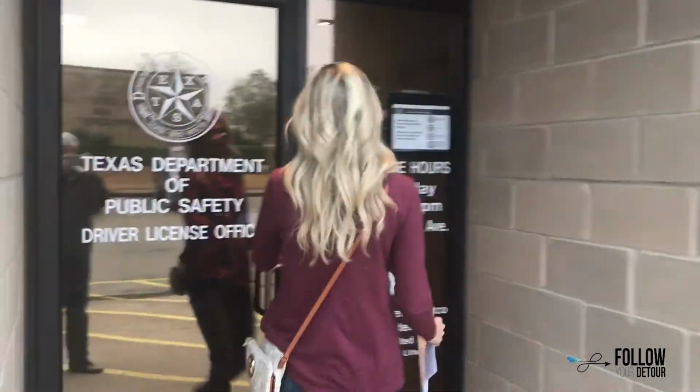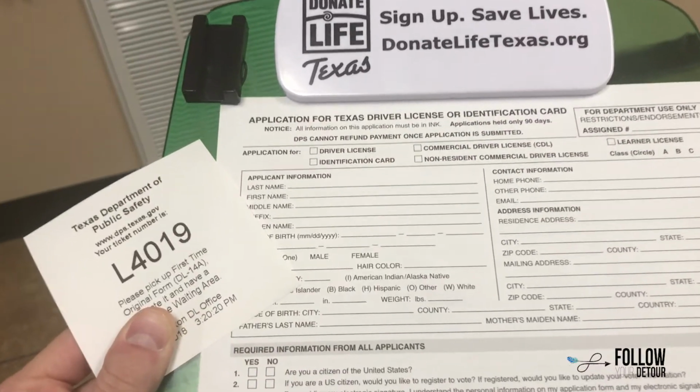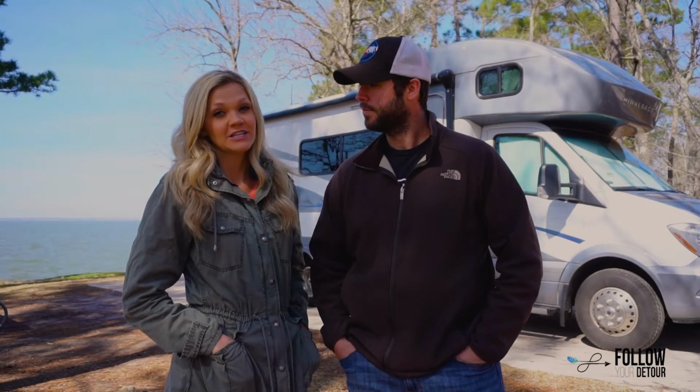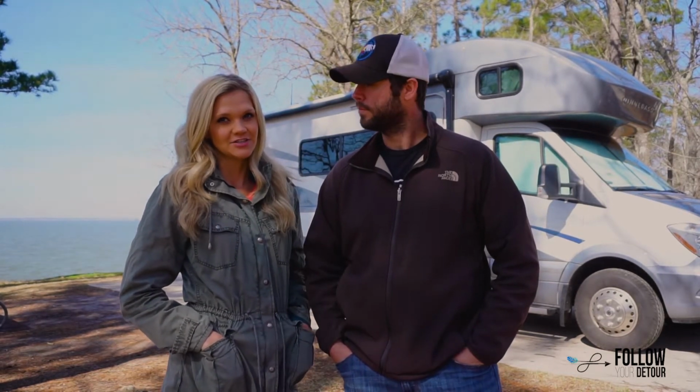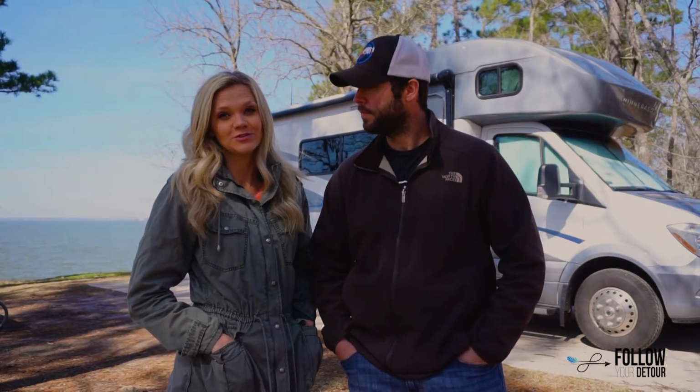But when you show up to get your driver's license, you're going to need more documentation, of course. So here's what you'll need. You will need 2 forms of identification, 2 forms proving your Texas residency with your address on it. You'll need proof of insurance, your current driver's license, and then an application that you can get and fill out when you show up. A couple of things that we learned through this process that we want to share with you